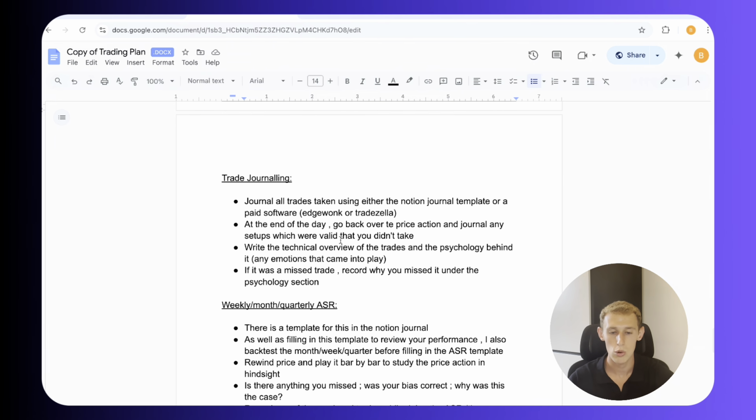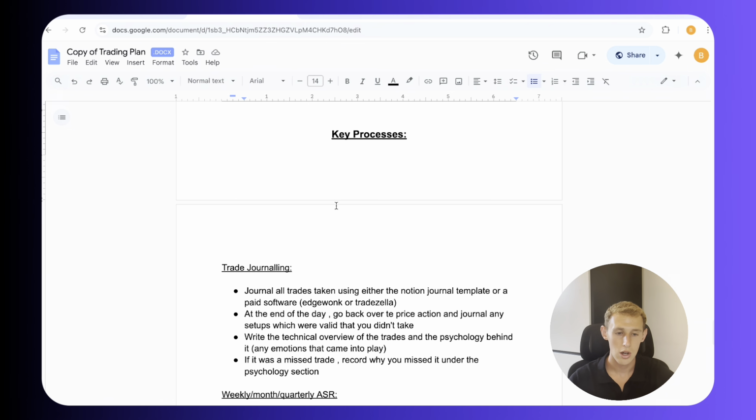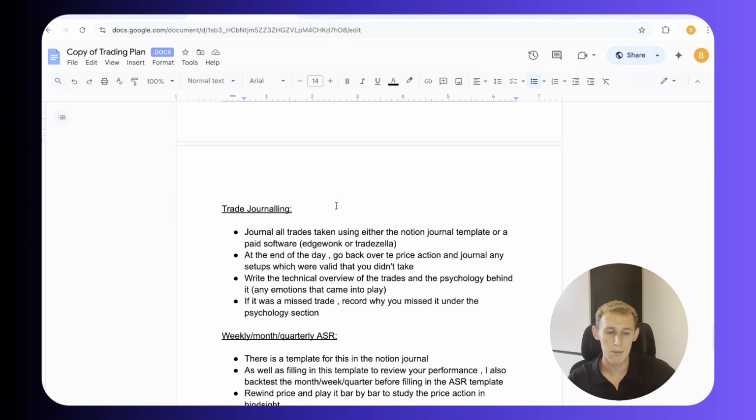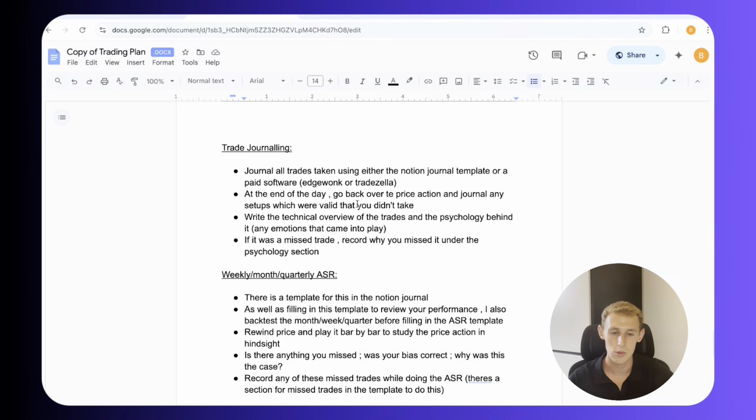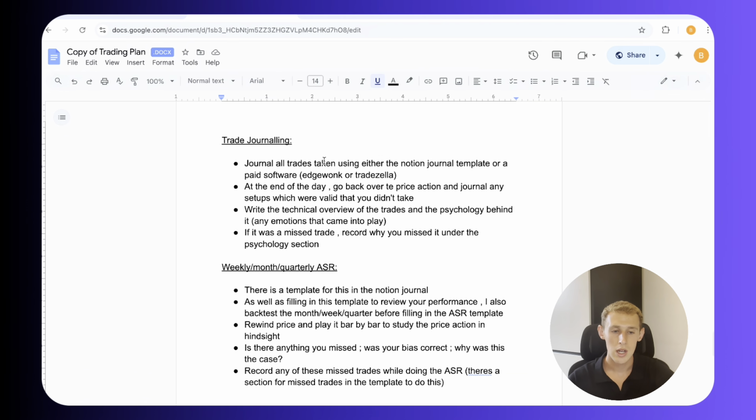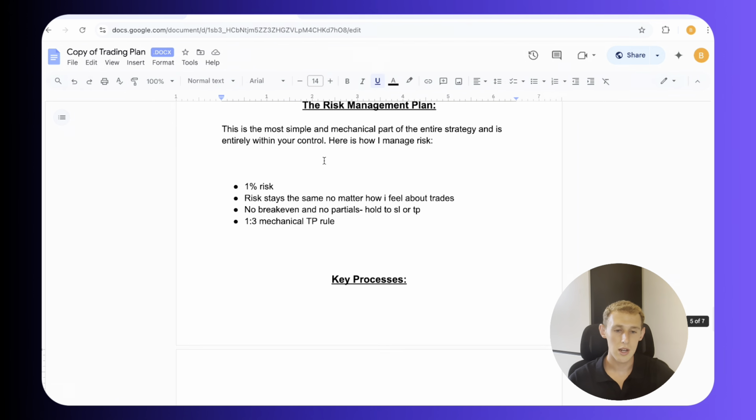mechanical TP rule. And then just below, I have included a few more notes on some of the key processes that I implement, such as trade journaling and something called ASR as well. I'm not going to touch on these in this video because that's not the point of this video. But if you want to read through this in your own time,